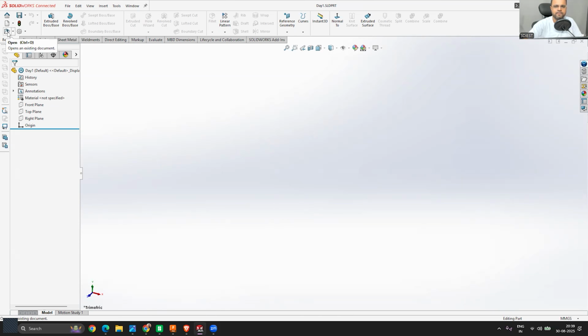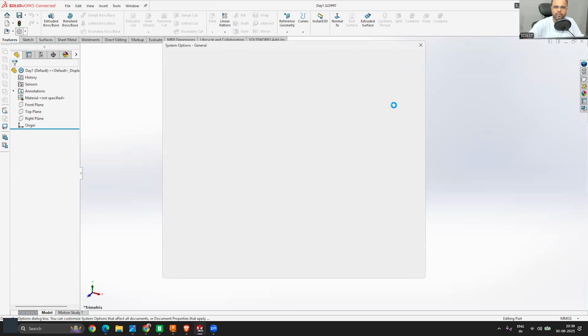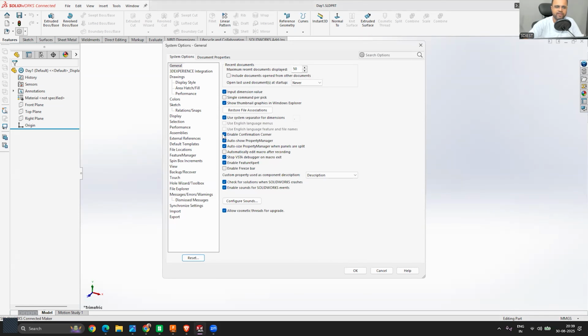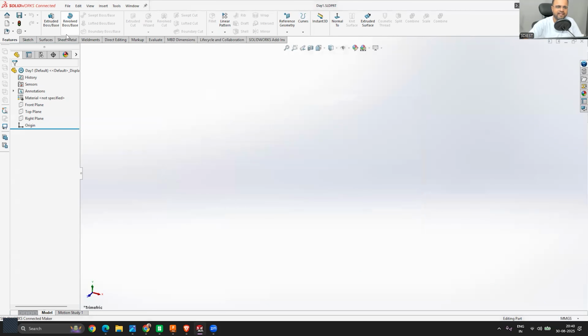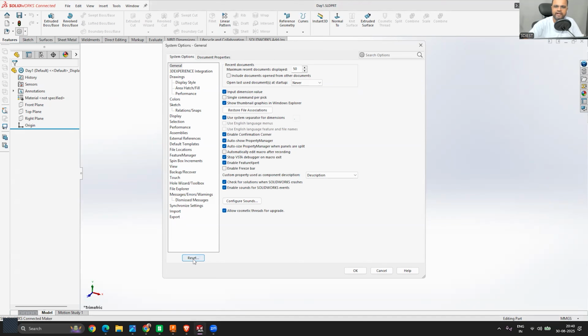Now below that, we have the option to open the file again, and then we have the main option that says options. So what does options do? Let's say we have this design open, and if we click on this options tool, it will open a settings window. Actually, all the background settings of SolidWorks we can control from this system options only. And anytime if you did anything wrong, if you have messed up the tools, location, or orientation, what you have to do is simply click on this settings tab. It will open the system options, and there you just have to click on reset.